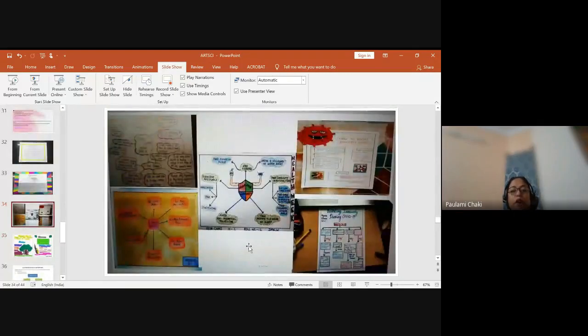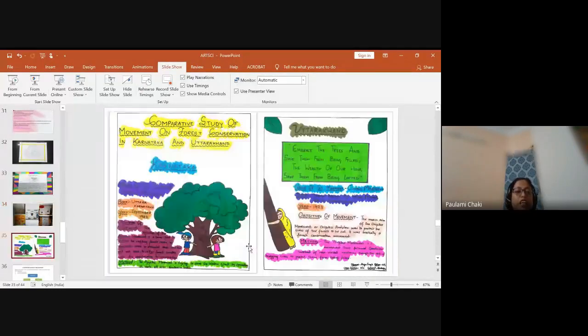Then this is about armor your immunity. When the corona was spreading around, I thought, let's do one thing. Armor your immunity is the topic. Now, how will we armor our immunity? You are going to represent it anyway. You have to give freedom to your children. It is not only a flowchart. It can be a mind map, it can be a poster, it can be any way of representation. So see, this type of beautiful work my students submitted to me last time.